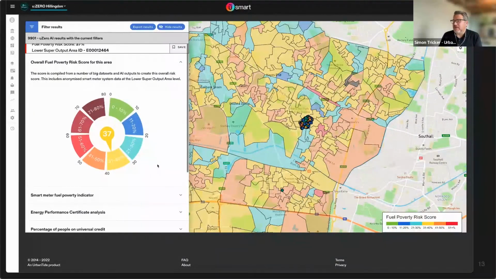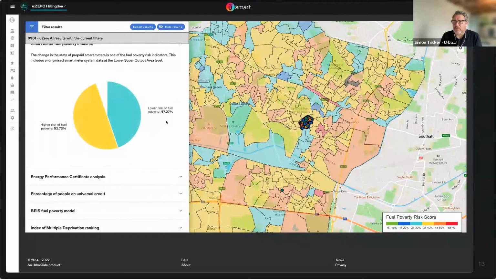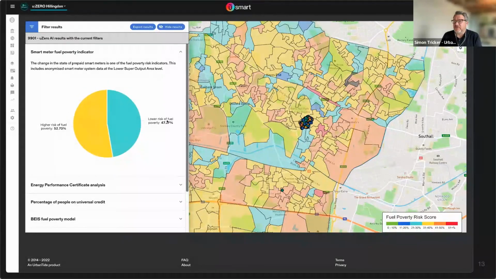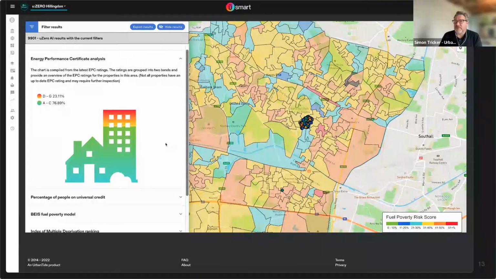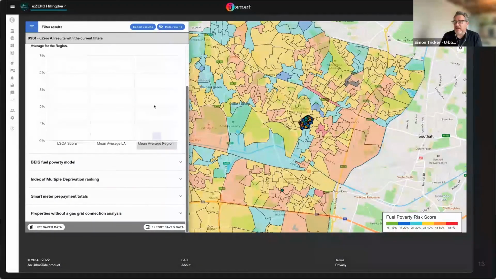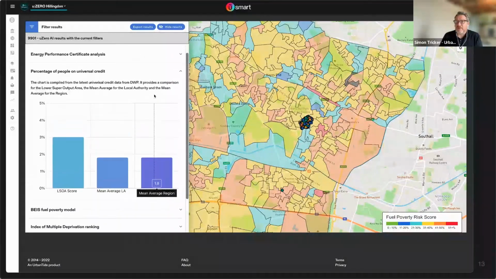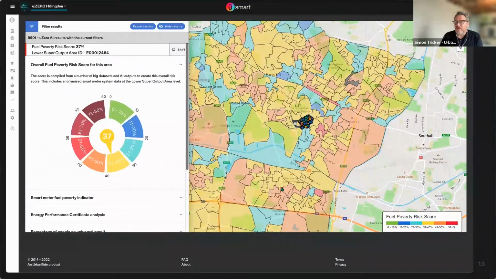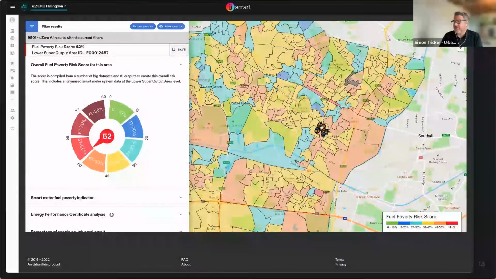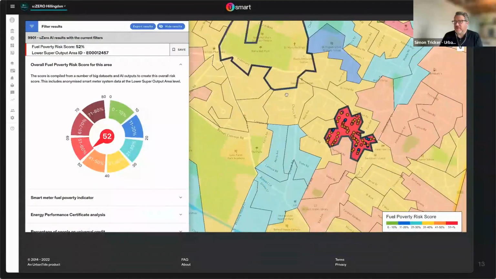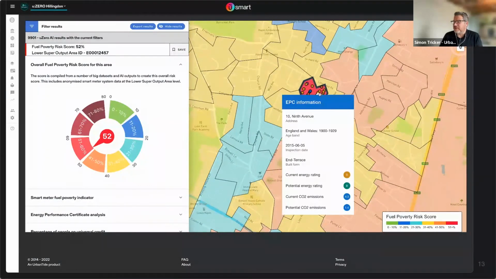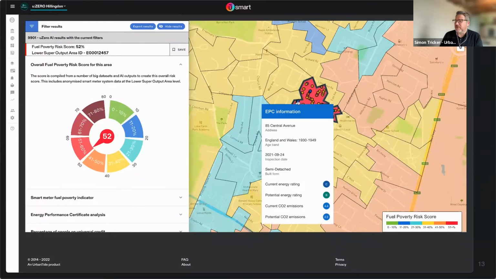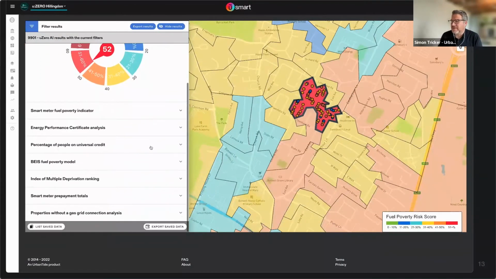And then instantly we get a risk score, which pops up, which is derived from a number of different sources, including smart meter data that we just talked about, the EPC certificate data, so aggregated across that area, the universal credit, again, from the LSOA level right across to the region. And if we click on another area here, we've got a smaller zone, which is of higher prevalence, higher potential risk. And again, we can go in and then start to see some of the energy rating certificates information about those specific properties in that area.